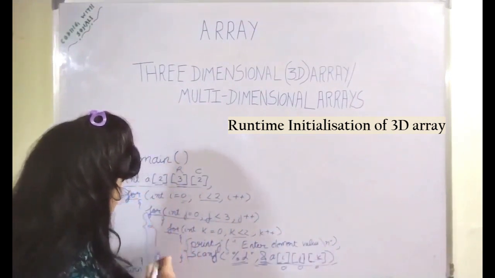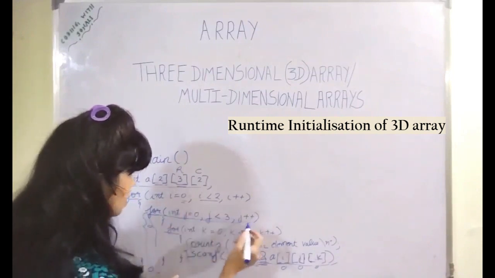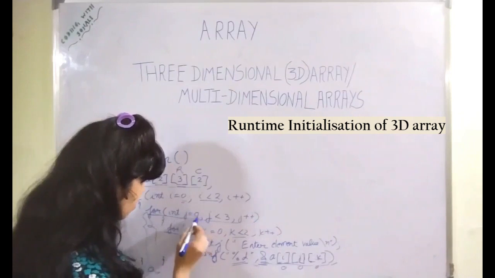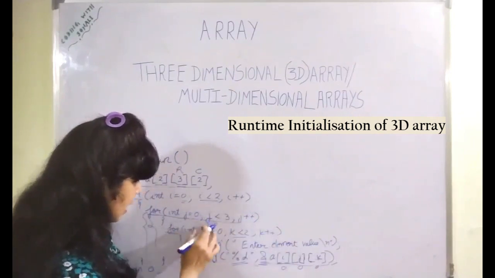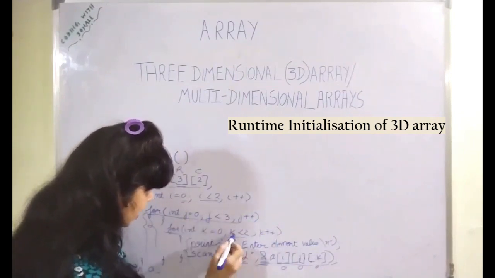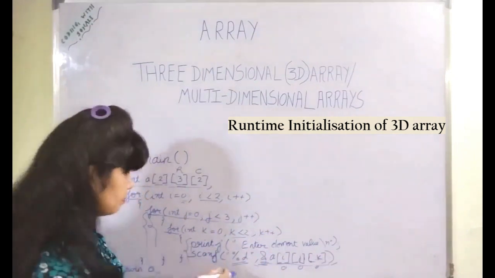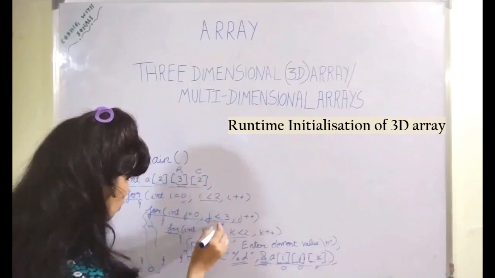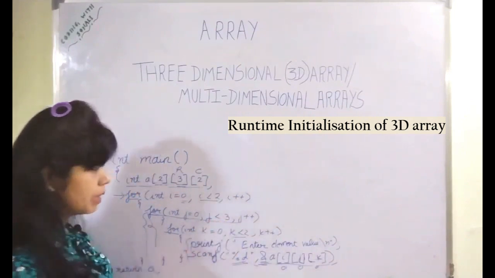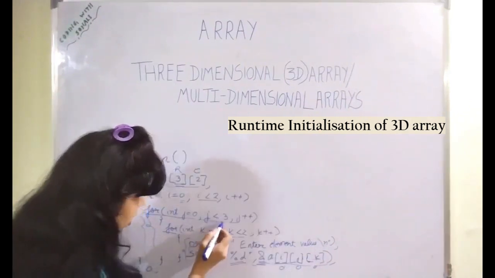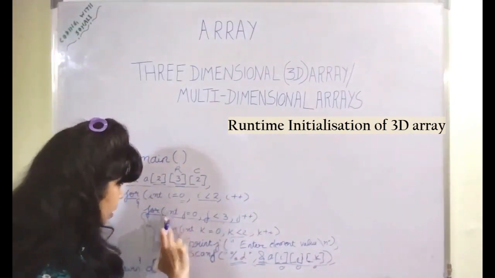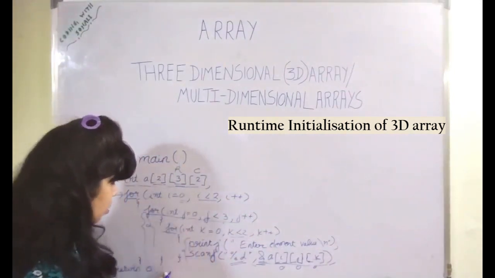Now the for loop which was outside will continue to complete. So it was for j is equal to 0. Then j will be incremented, and for j is equal to 1, again this inner for loop will be repeated. Then for j is equal to 2, this inner for loop will be repeated, till j is less than 3. So once j becomes 3, this loop will come to an end, and then the control comes outside this